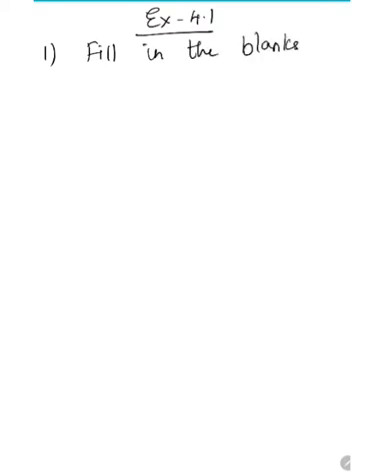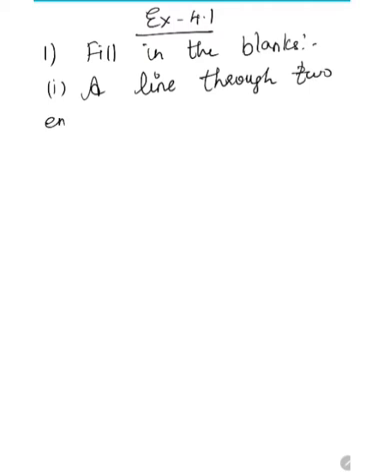Welcome all students. Today we are going to see exercise 4.1. The first one is fill in the blanks. In the first subdivision, the question is: the line through two endpoints A and B is denoted by